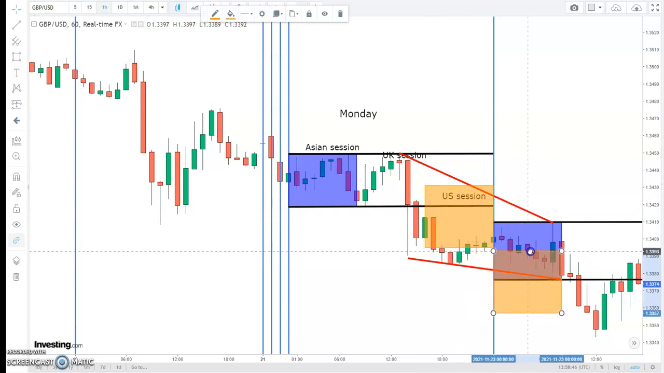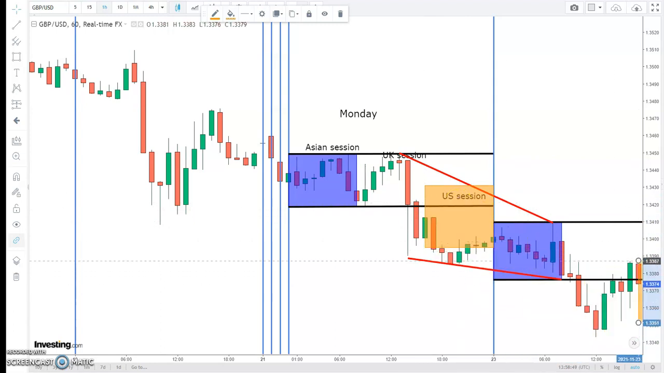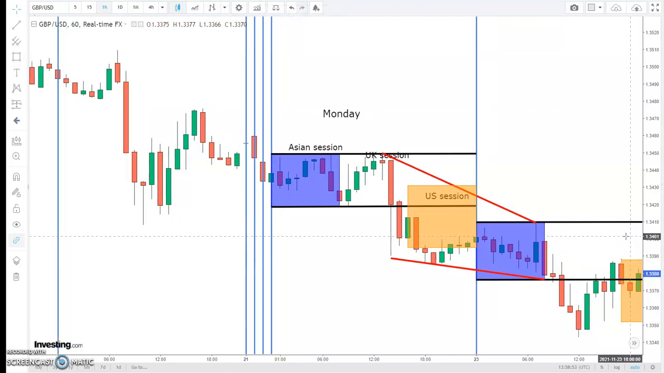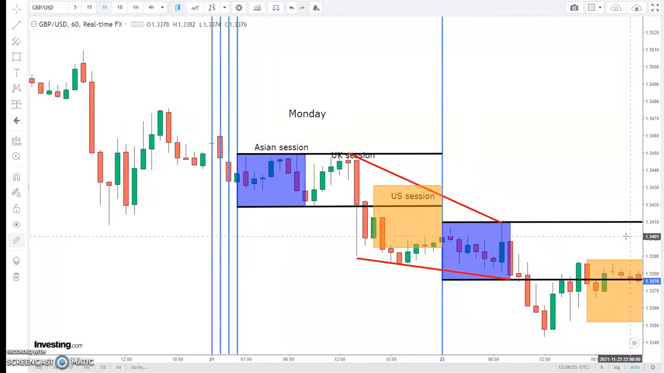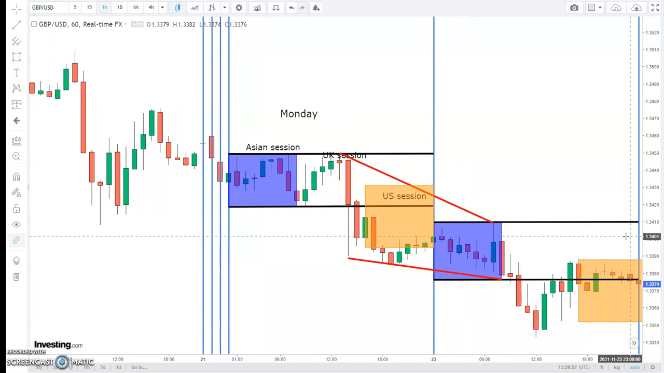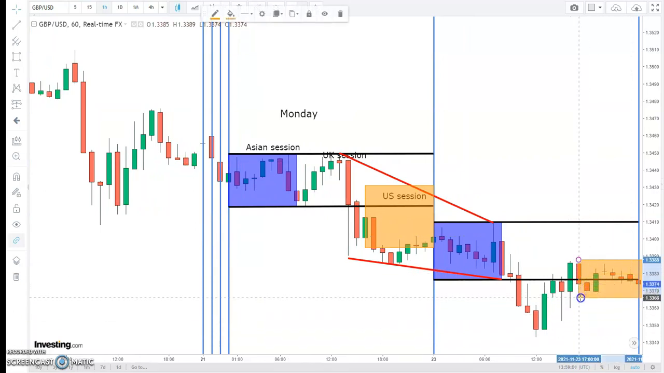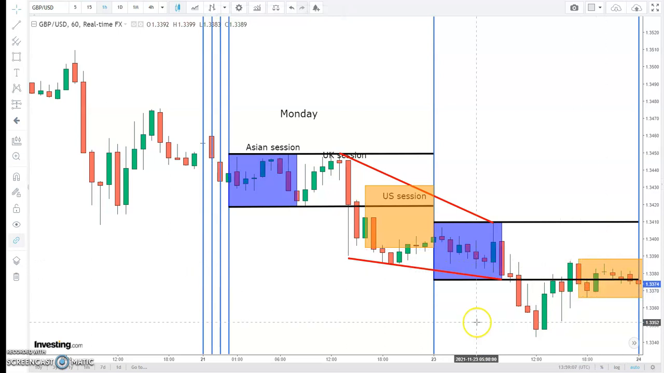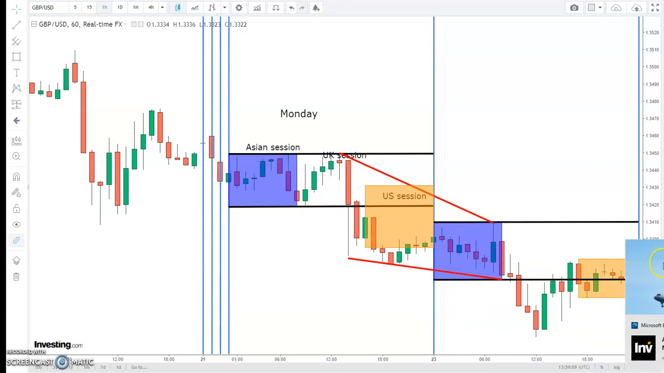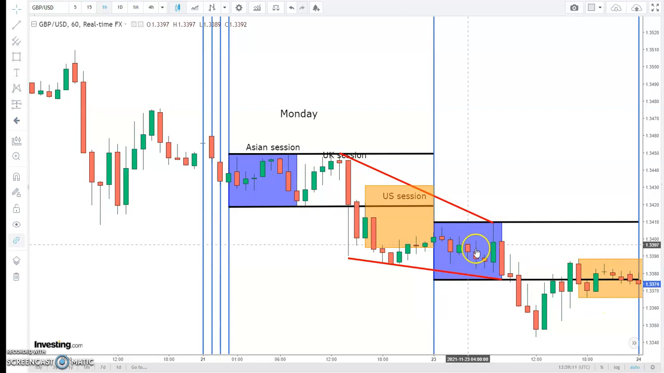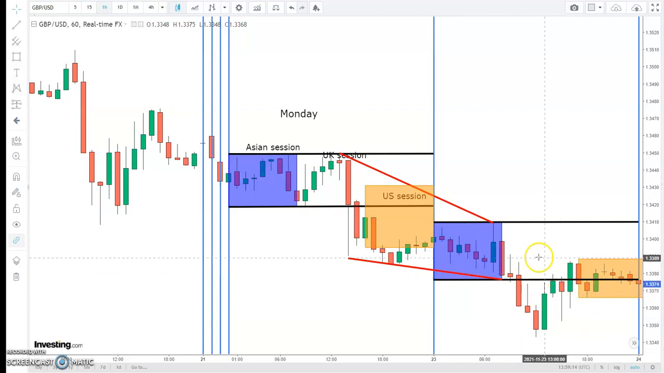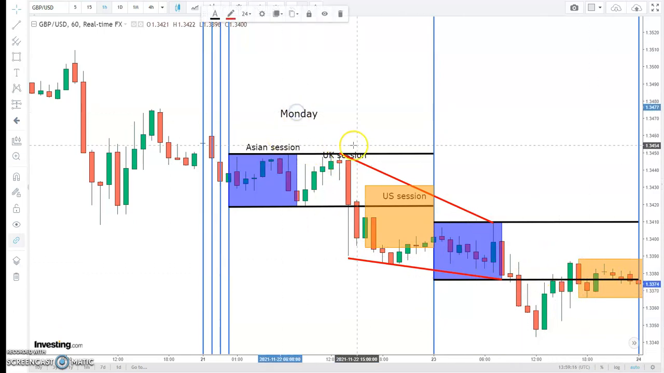So I then take this and I'm going to put it there. And I'm going to say 1, 2, 3, 4, 5, 6, 7, 8. Done for the day. What did price do here? Price's low was there. Price's high was there in the US session. So there is the Asian session, there's the Asian session, the UK session, and this is